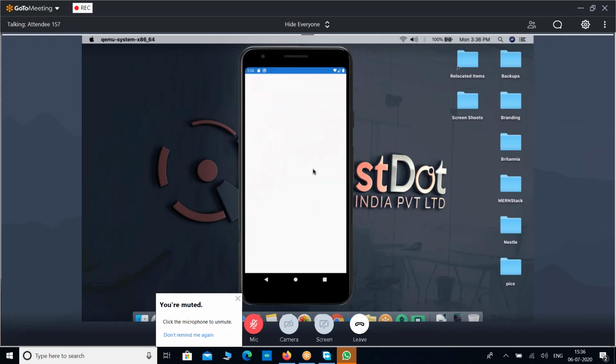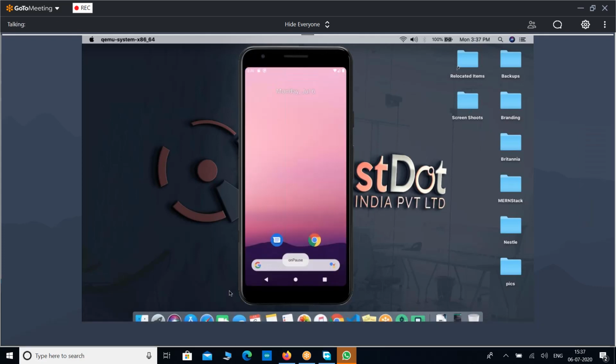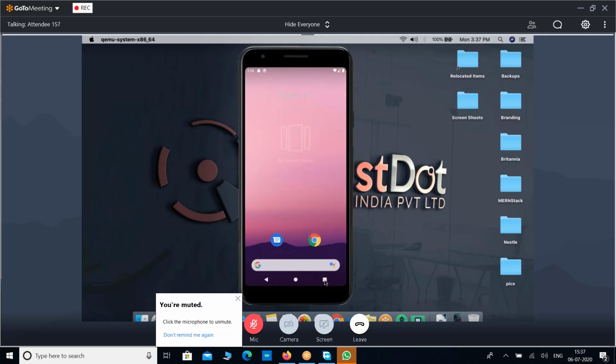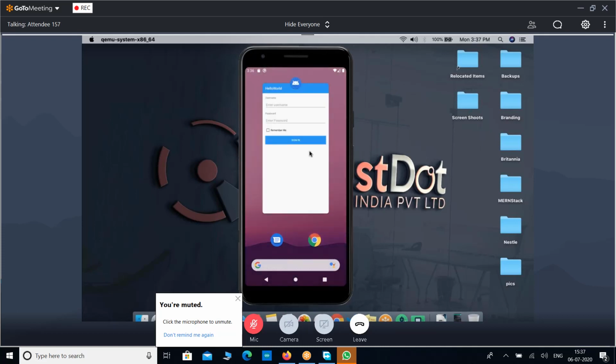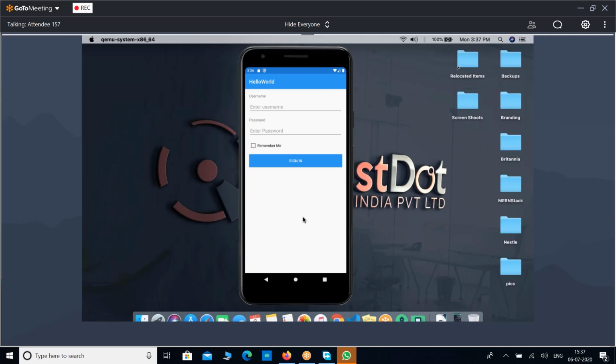First time the activity is going to launch, so it will call on create function first, and then on start, and then on resume. Okay, so if you minimize your application, it will call on pause, on stop, because the activity is no longer visible to the user. And if I'm again switching back to the activity, it will call on start and then on resume. It is no longer called on create. On create will be called only once during the entire lifecycle of the activity.